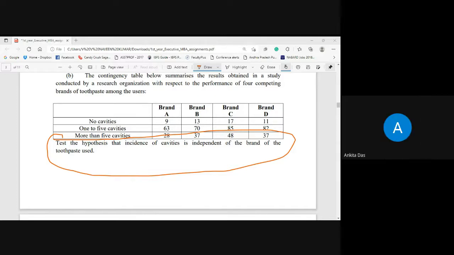Next? 13, 12. 17, 15. 11, 13. 63, 60. 70, 72. 85, 90. 82, 78. 28, 30. 37, 36. 48, 45. 37, 39. That is the last. Now